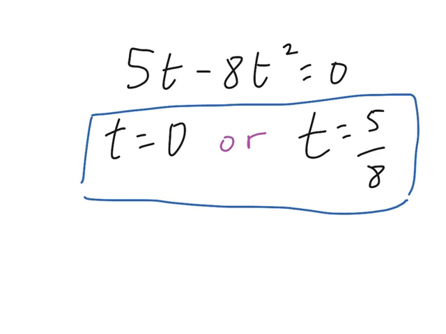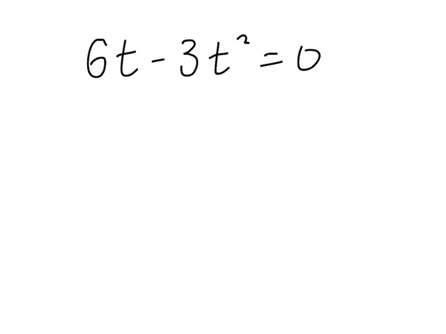If t is 5/8, my equation also works. If you are having trouble, I would encourage you to go back to the two examples I've given you. Here is the homework problem. If we have 6t minus 3t squared equals 0, I want you to solve for